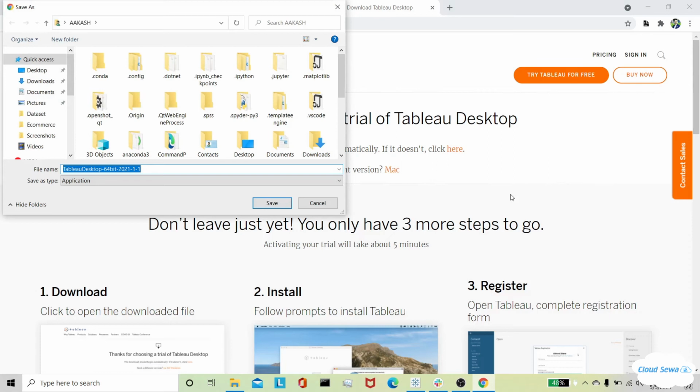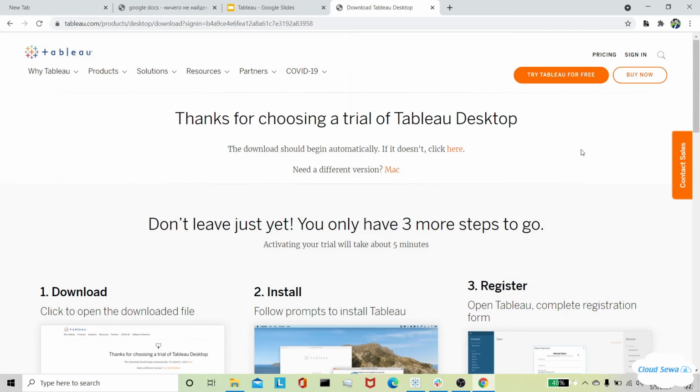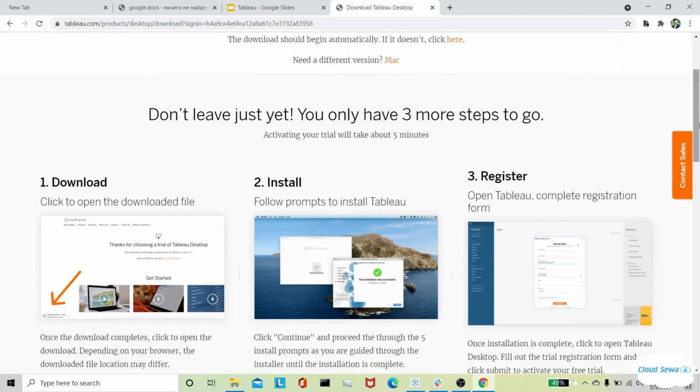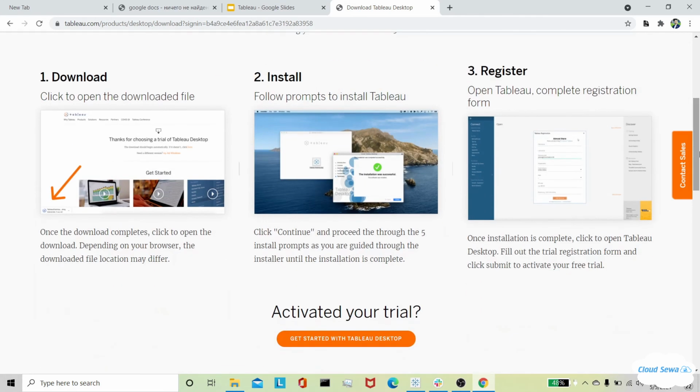As I already have Tableau Desktop on my system, I am cancelling the download right now. I hope you have successfully downloaded Tableau Desktop on your system. If you have downloaded it, please open the file and go for the installation process.